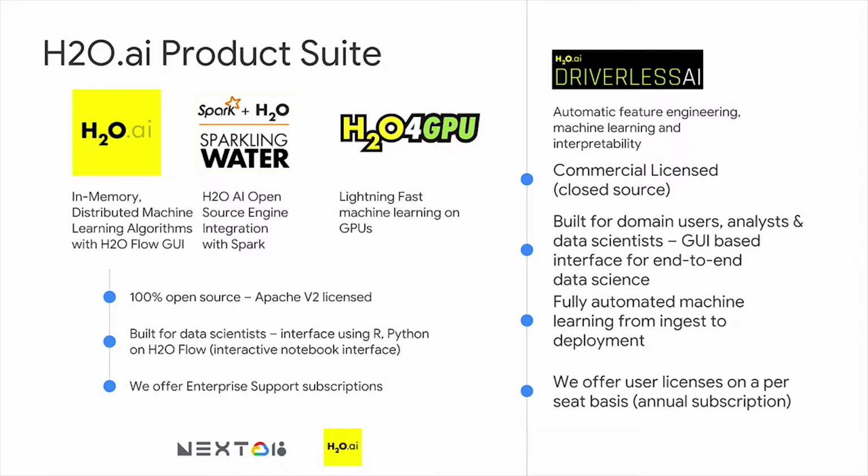So just to talk about the H2O product suite, as I mentioned, most folks know us for the open source products on the left. You see H2O open source, H2O core, as we call it internally. That's the in-memory distributed machine learning algorithms that come in R or Python, or you can use it through H2O Flow, which is our own interactive notebook interface. There's Sparkling Water, which is essentially H2O core that runs on top of Apache Spark. That's extremely popular too. Nearly a third of all our open source usage comes from that.